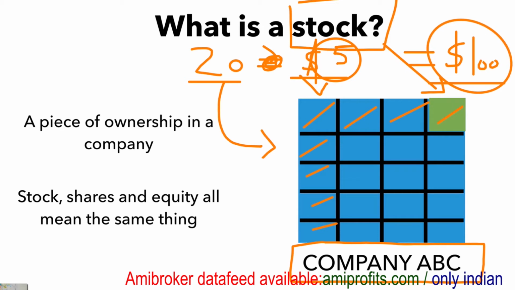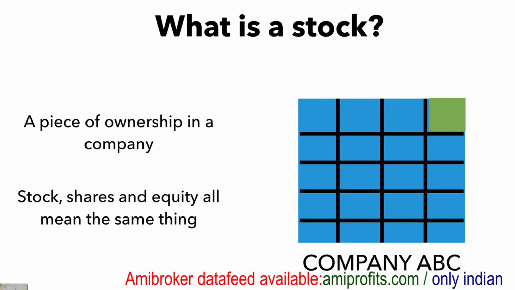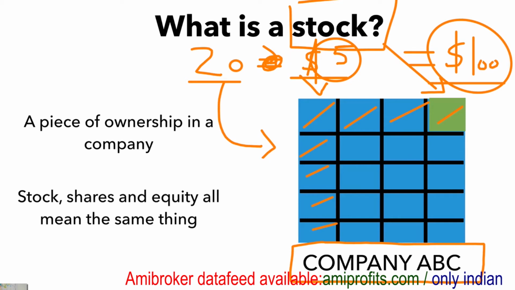Us as traders, what we do is we buy a piece of the company. Let's say I buy 2 shares. Let's say right now I buy 2 shares for $5. So I'm like, you know what? I want to buy 2 shares. I want to buy share A and I want to buy share B, right? If I buy share A and B, if I'm buying 2 shares right now, I'm paying $10 for the 2 shares.